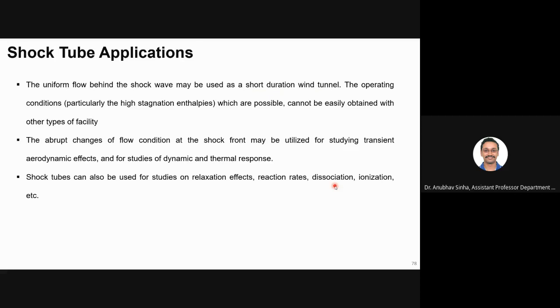This is also very useful, especially as my research area is in combustion. In combustion you can actually generate a lot of kinetics data. This is how chemical kinetics is studied. You do experiments using shock tubes, and then you can see what the reaction rates are, what radicals are getting formed, things like that.